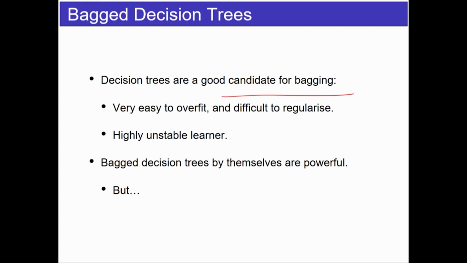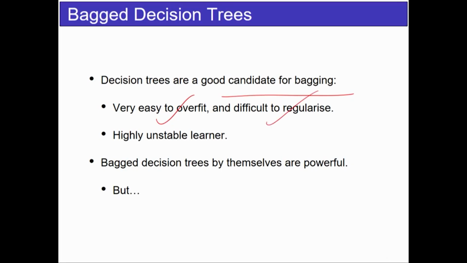Unlike, say, SVMs, it is very easy to regularize SVMs because it's a very stable thing, and there is a convex optimization going on behind it, which you can regularize easily by a penalty term. But decision trees are very hard to regularize. I mean, it's very non-intuitive. You can do pruning, you can restrict the number of nodes and all that, but none of that is very clear in how it has a regularizing effect.